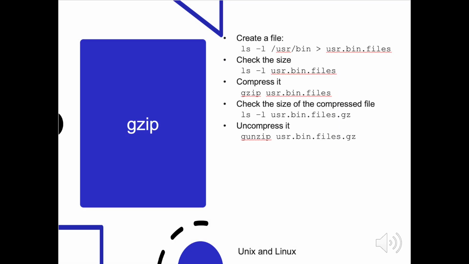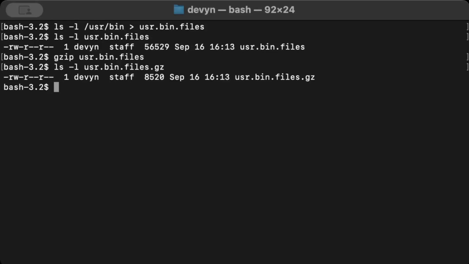Now, what I'd like you to do is try running the following commands on your computer on your own, and then I'll share what my computer shows, which is what a typical output would be. All right, hopefully you had a chance to try those commands on your own. So just to go over what the output should be, we have the first command, which takes the long listing of everything inside usr/bin and then saves it to a file called usr.bin.files. And instead of printing it to the screen, we use the greater than sign to redirect the output into